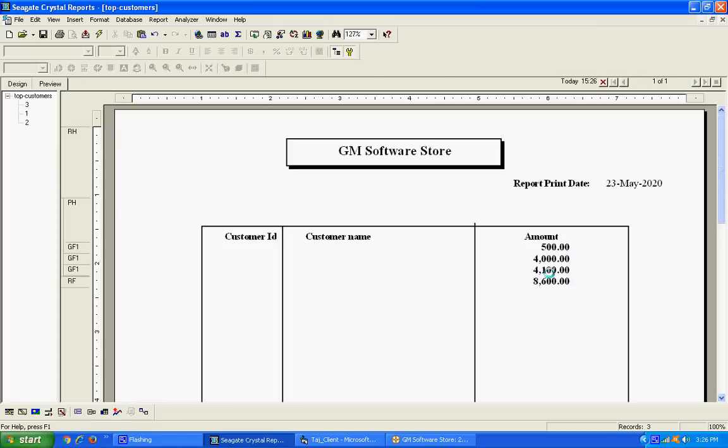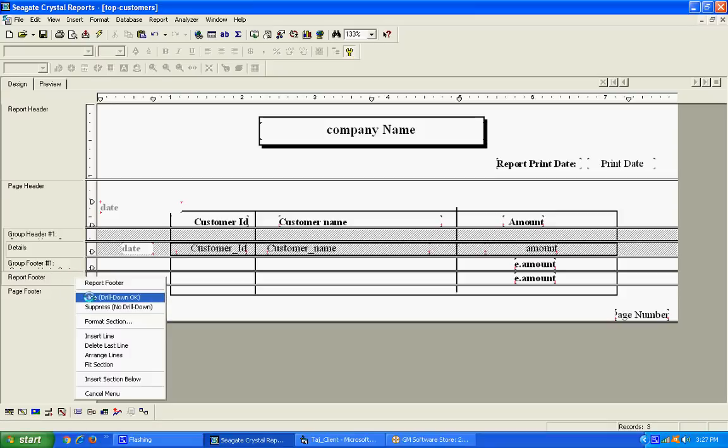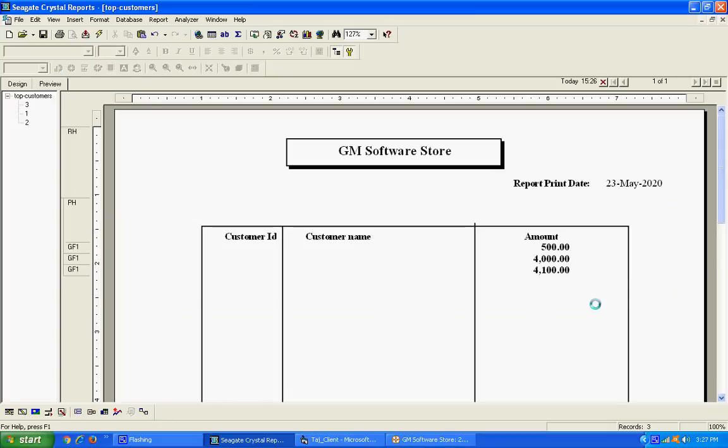At this time we see only the customer record, the entered sample data. This is the 8,600 grand total. I am going to hide this also, because I don't want the grand total, only the list.